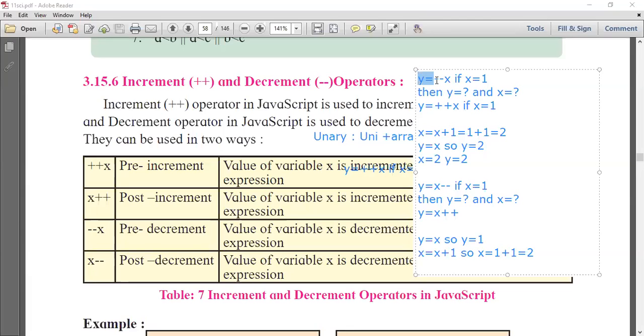Yes, I am using here y is equal to minus minus x. And if x is equal to 1, then what will be the value of y and the value of x? Yes, answer me.